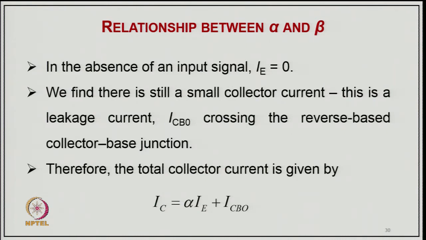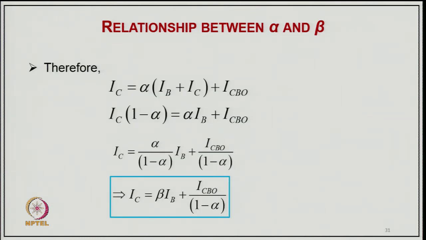So, in the absence of input signal, when your IE is 0, that is what we call cutoff, and we find there is still a small collector current. This is a leakage current ICBO crossing the reverse bias collector base junction, and therefore, the total collector current is IC equal to alpha IE plus ICBO, and therefore we can say IC equal to alpha IB plus IC plus ICBO, and from which, if you take IC to the other side,